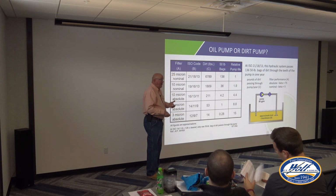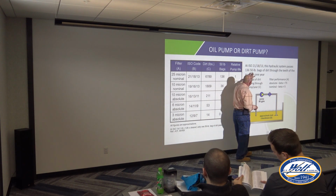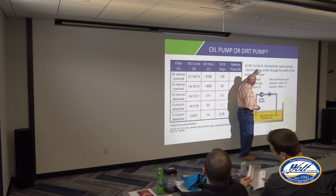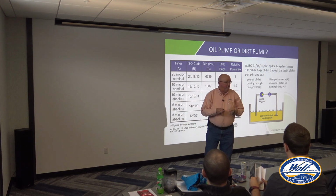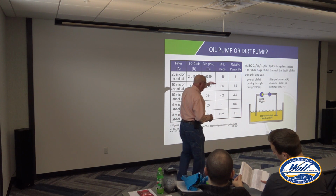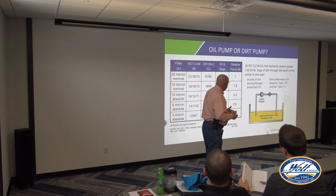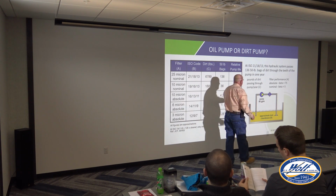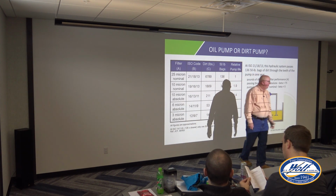All right, let's say E.H. Wolf has just pulled up and is going to drop off a load of bulk oil for you, okay? And it comes in, and its cleanliness code is 21/18/13. Now that may not mean anything to some of you in here, but all you need to realize is the higher the number, the dirtier the oil, okay? So this is not uncommon. This is a very common number to see for a delivery of oil. So let's say that's an AW32,